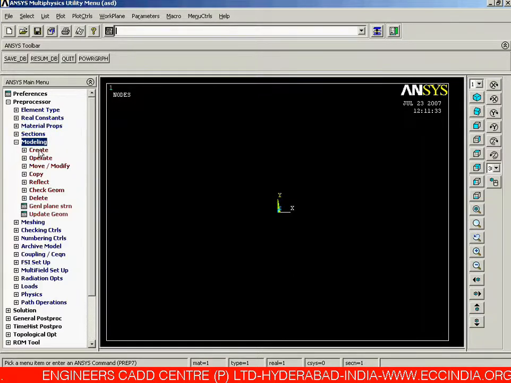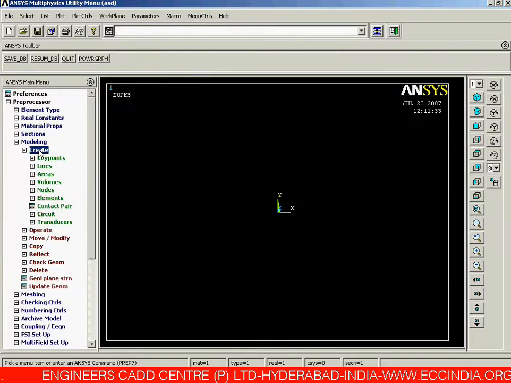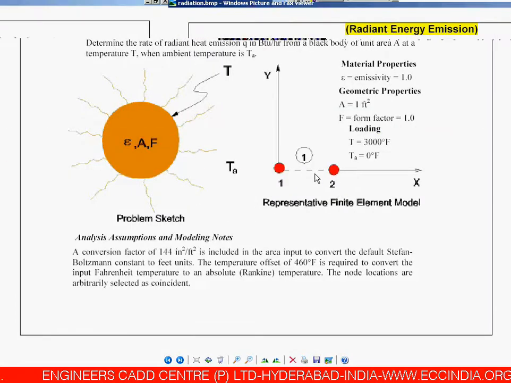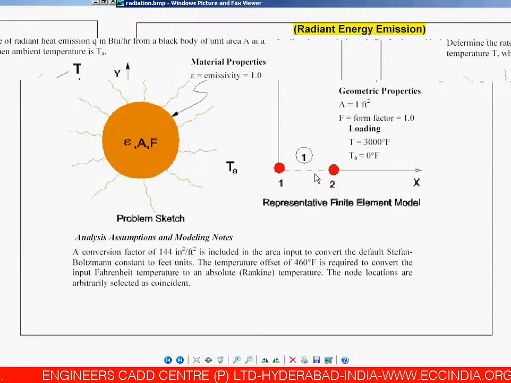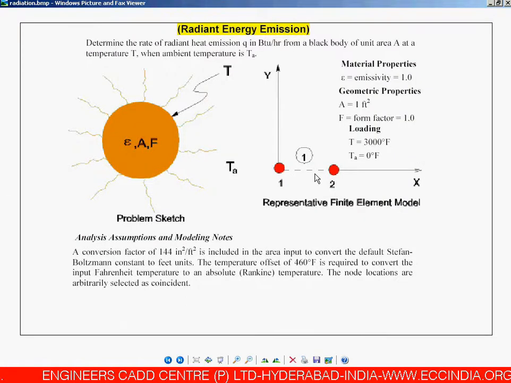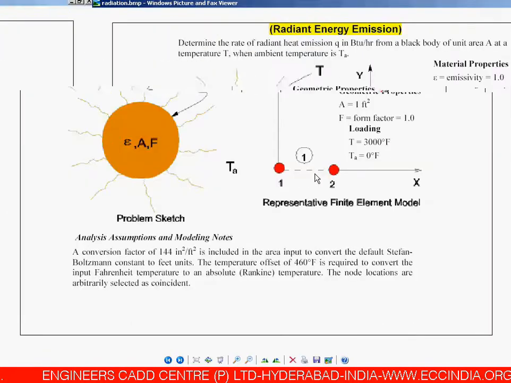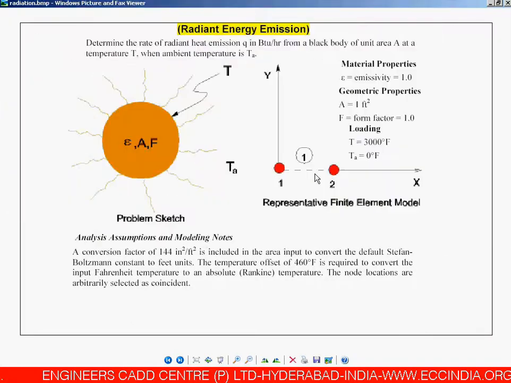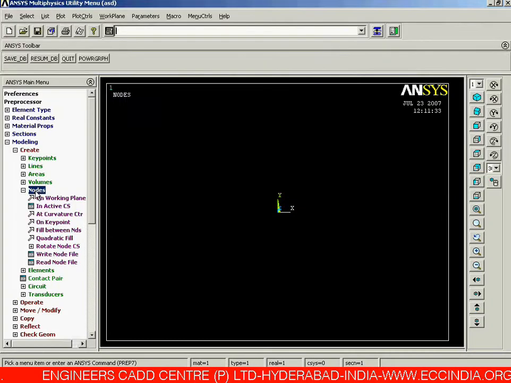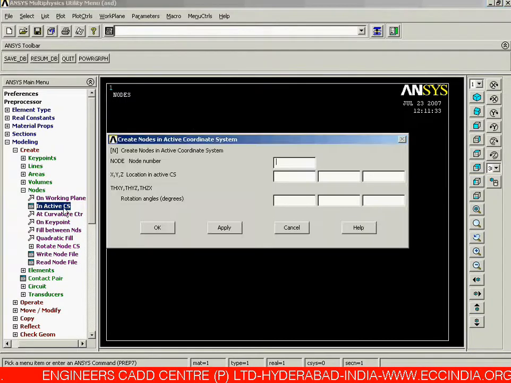Now we must go for the modeling. Let us say modeling. We must say create. We can go for direct creation of a node. We are not supposed to go for the key point and element. It is a 1D case, LINK31. The link element here itself has only 1 degree of freedom, that too is temperature. It has 2 nodes, one at the start, one at the end. Whenever we are going for the thermal analysis, it has only 1 degree of freedom, that too temperature. So create node